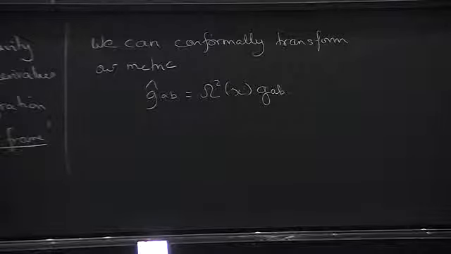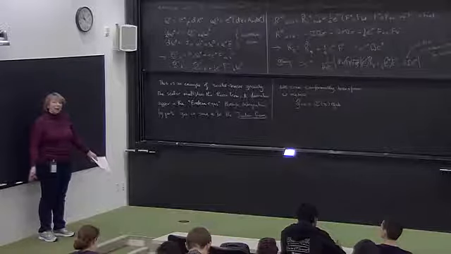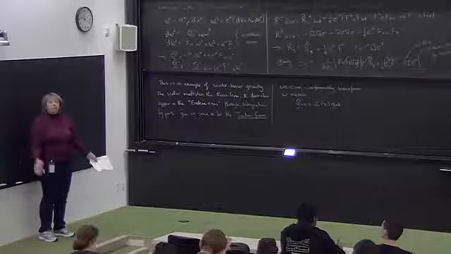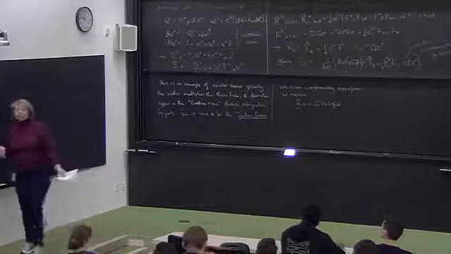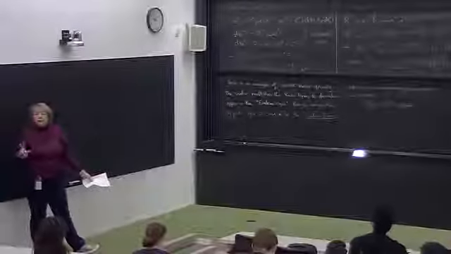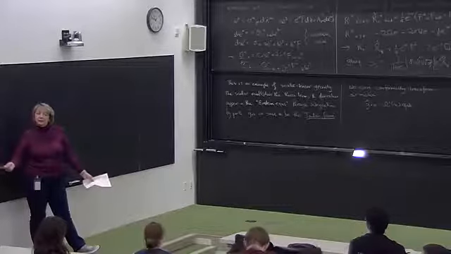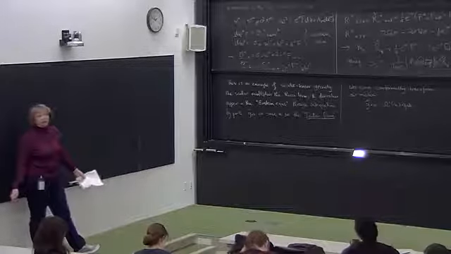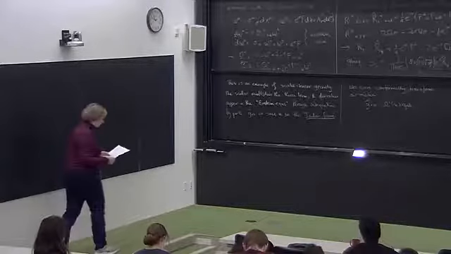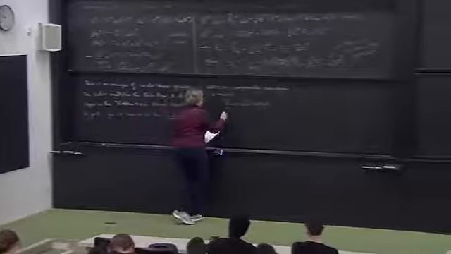What that means is it's a scalar transformation on the metric, which rescales lengths but not angles. If you remember the dot product formula, the cosine of the angle between two vectors is A dot B over mod A mod B. So if you rescale what A dot B means by just a common factor, it doesn't change the angle. This is the general statement of that. And if we do this,